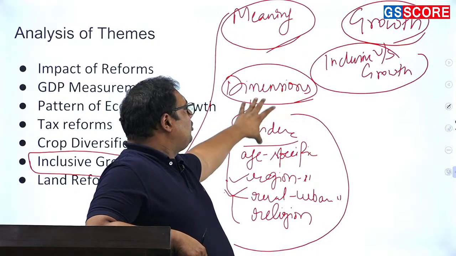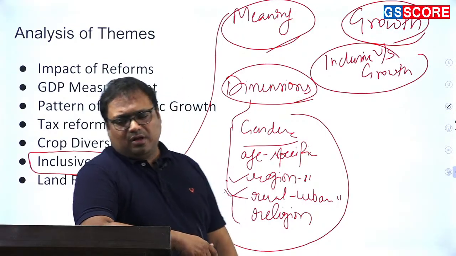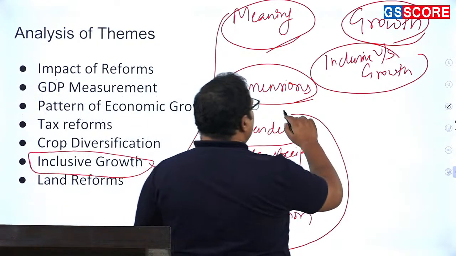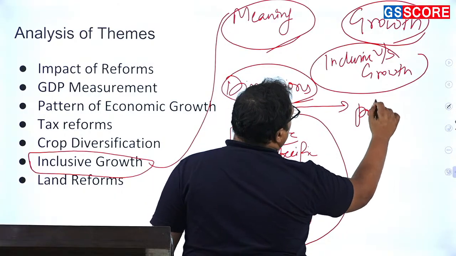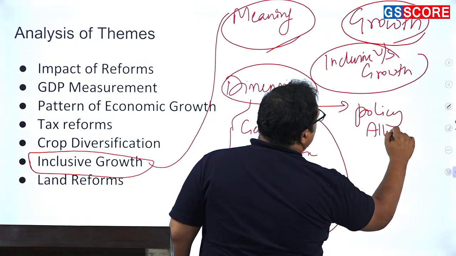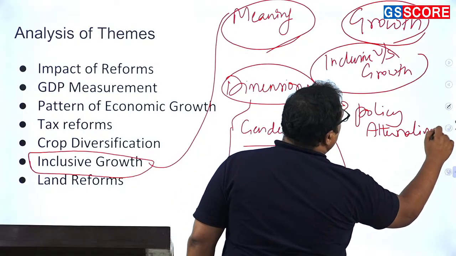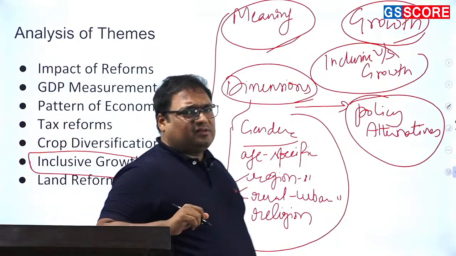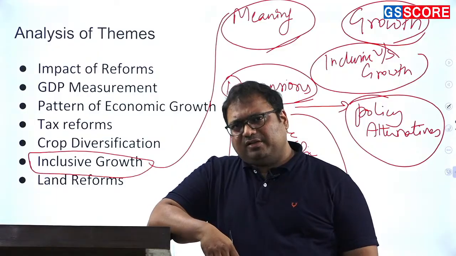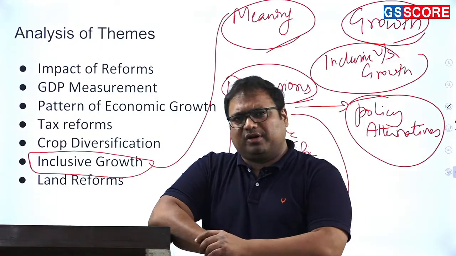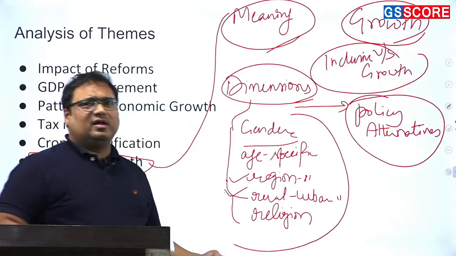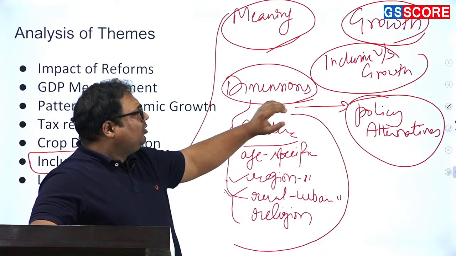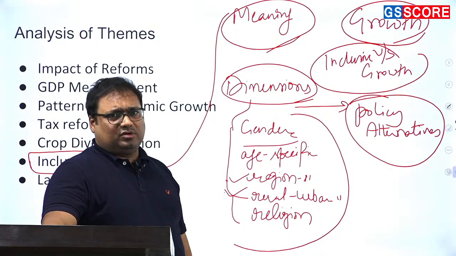So you need to first of all look into the various dimensions of inclusiveness: who are those who did not get the benefits of growth, and then what we can do for them. Policy alternatives. What is the government doing for them? The government is bringing a lot of policies to support rural areas, for example Kisan Samman Nidhi or all the schemes for agricultural support, then infrastructure in rural areas, and a number of other things. So, what are the policy alternatives in order to achieve inclusive growth? Then,